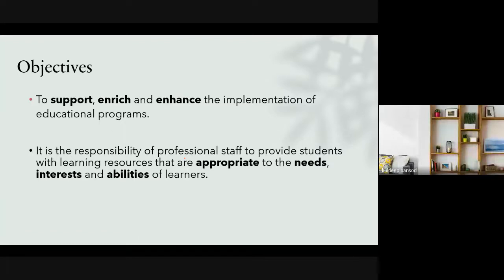So it is the responsibility of the professional staff to provide learning resources that are appropriate to the needs of the students.